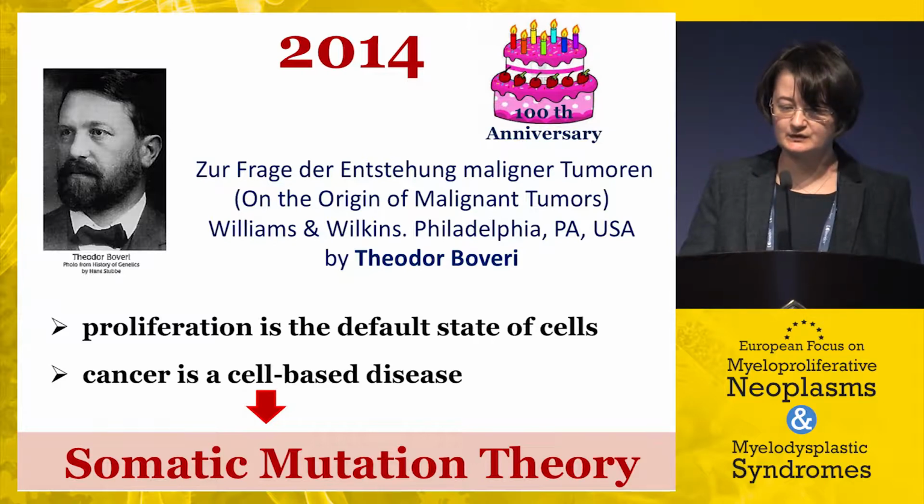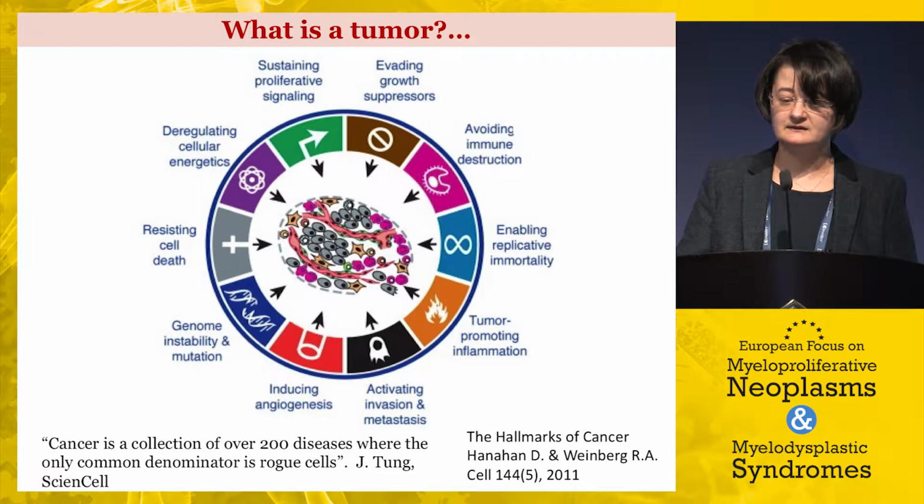Shortly after Boveri's death, Whiteman introduced another idea: that a cancer cell is a somatic mutated cell. So this was the cornerstone for the somatic mutation theory. And nowadays we know that cancer is a collection of over 200 diseases